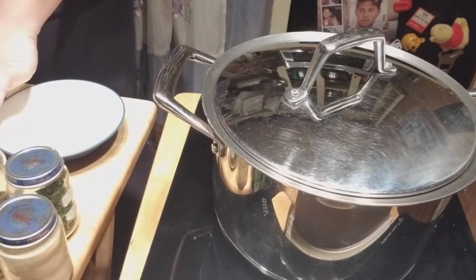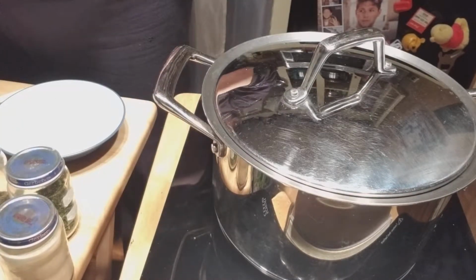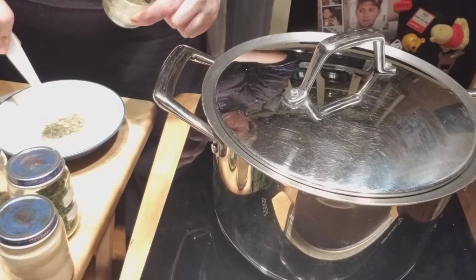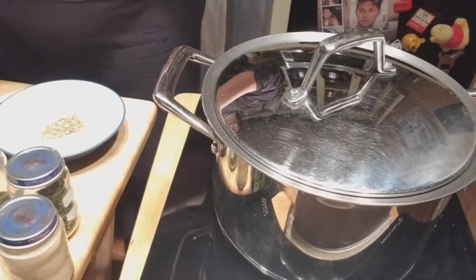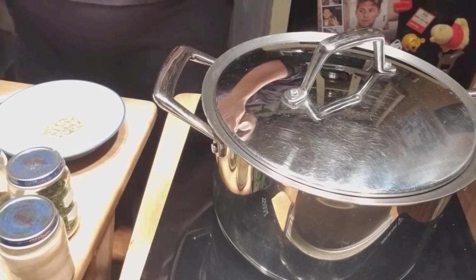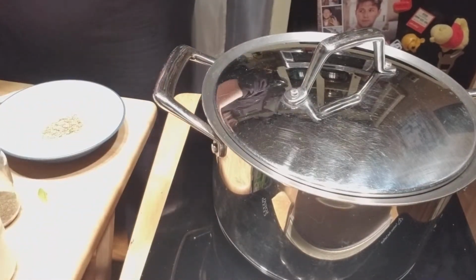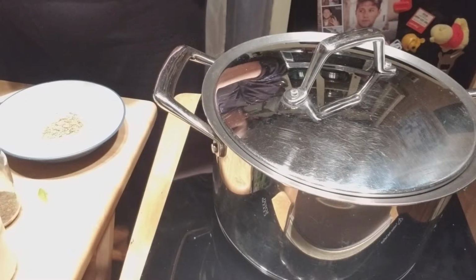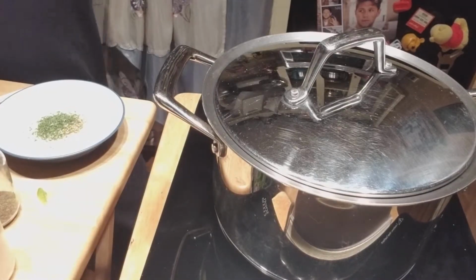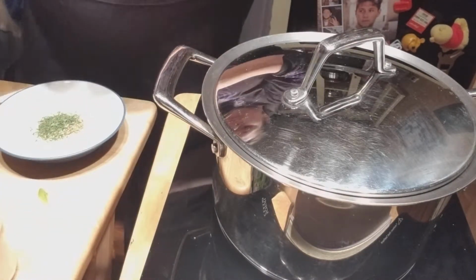Teaspoon of parsley. It smells delicious. Oh wait, that's oregano. That's 1 teaspoon of oregano. 1 teaspoon of parsley. 1 teaspoon of basil,